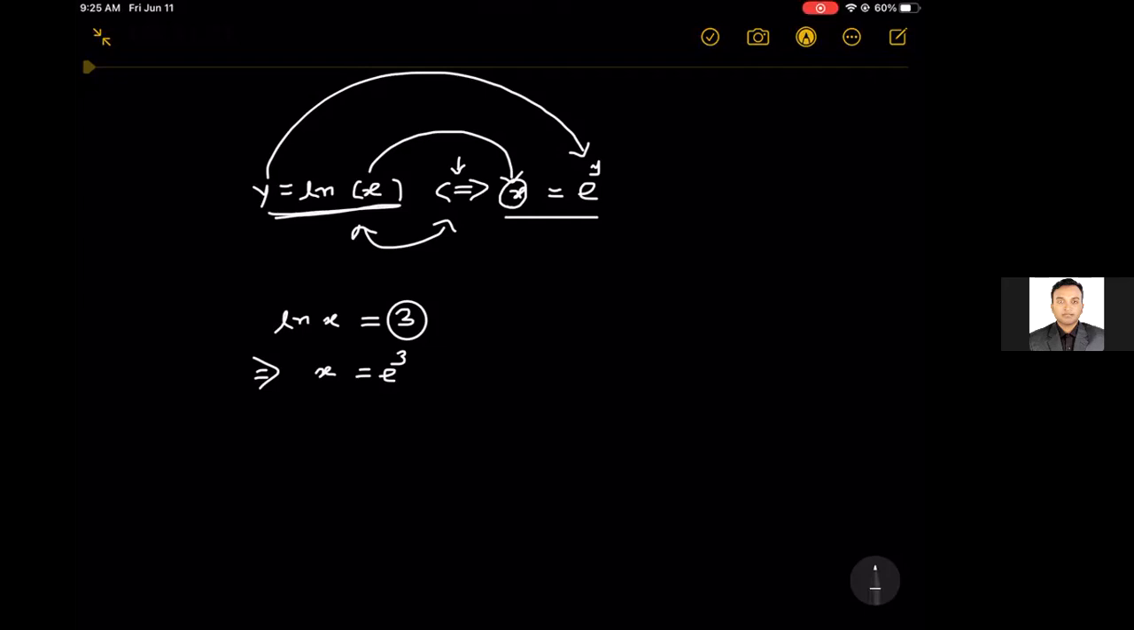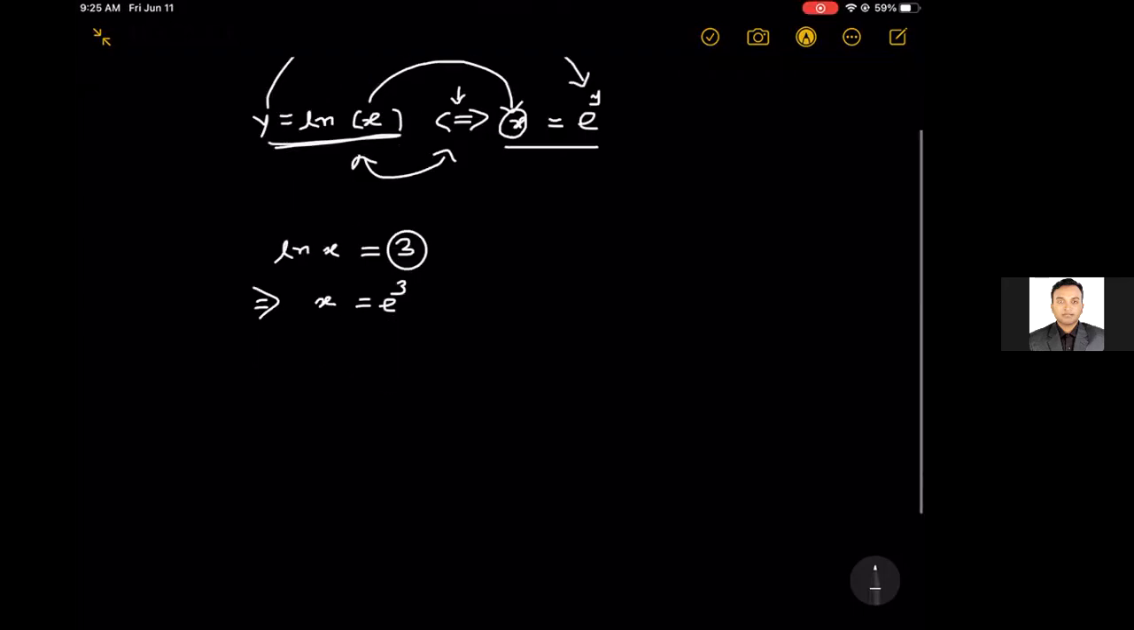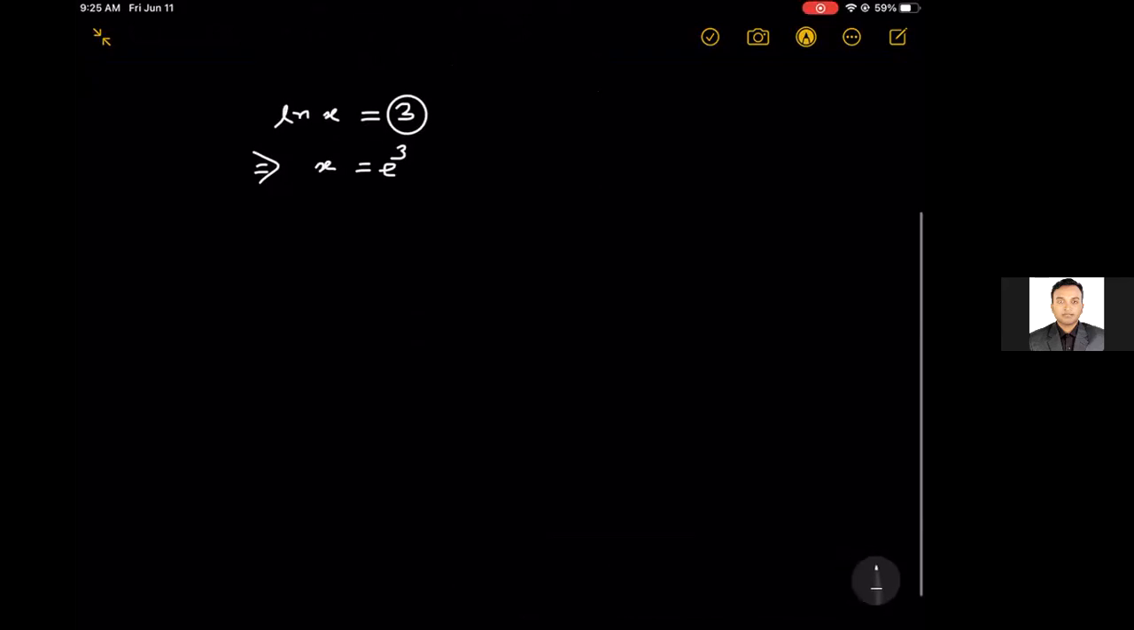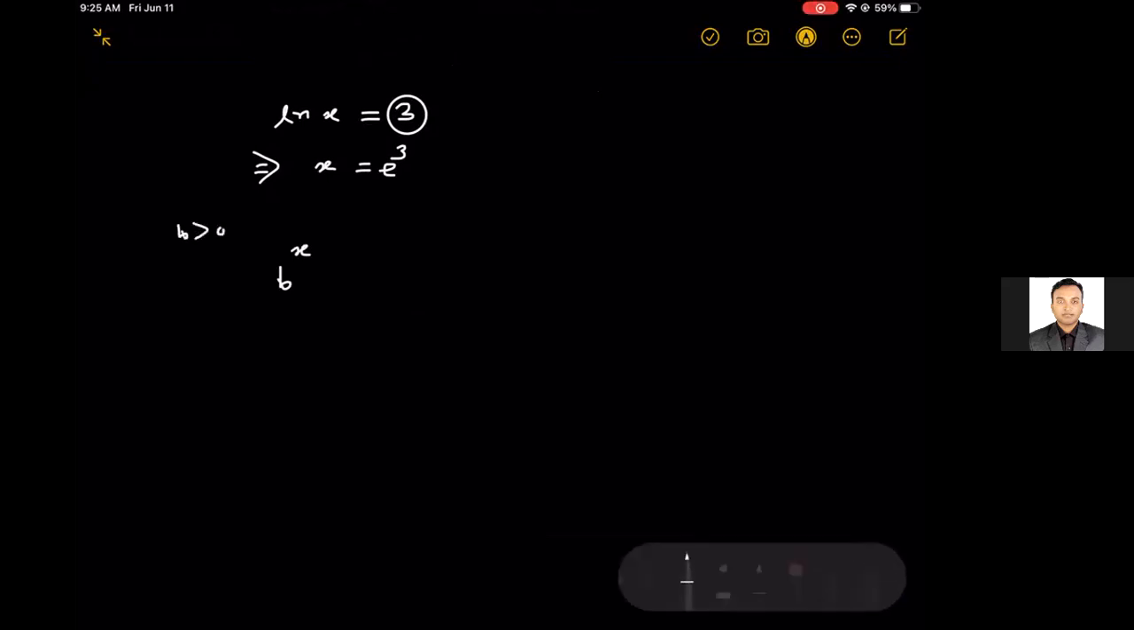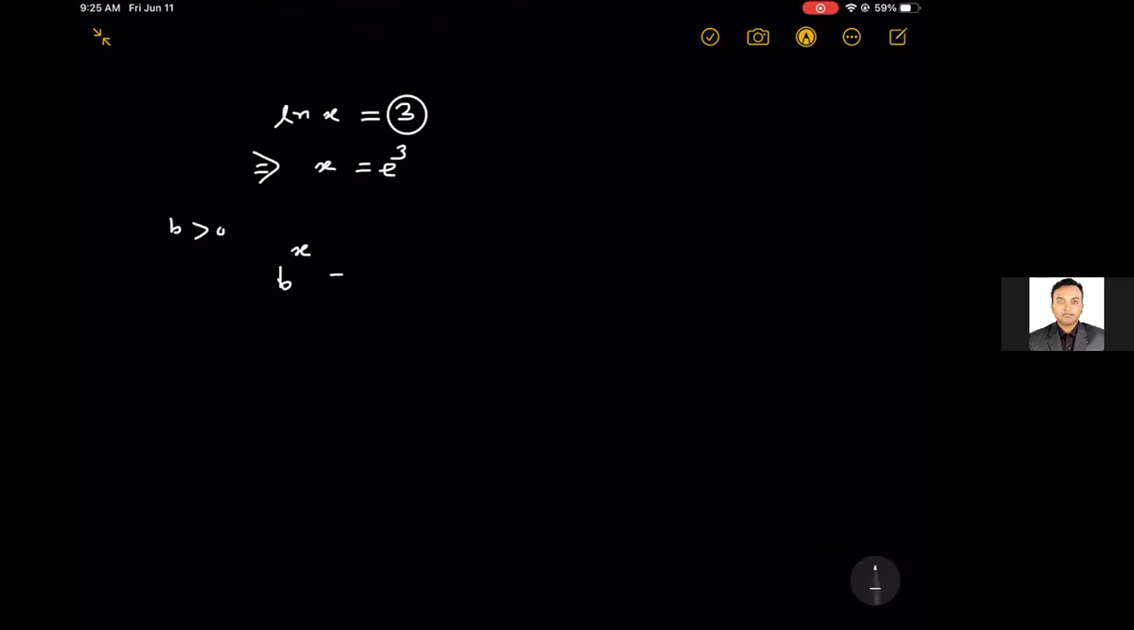No questions at all? Okay. Let's go for the next one then. The next property says b to the x, for b greater than 0, that means b has to be positive. If you have b to the x equals to